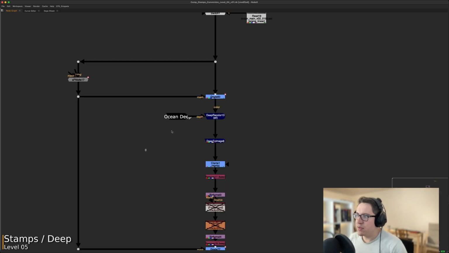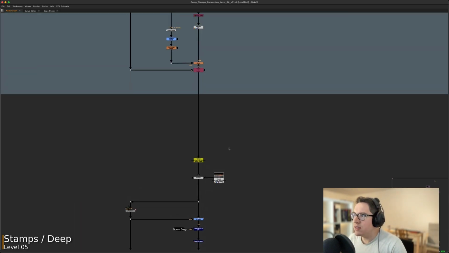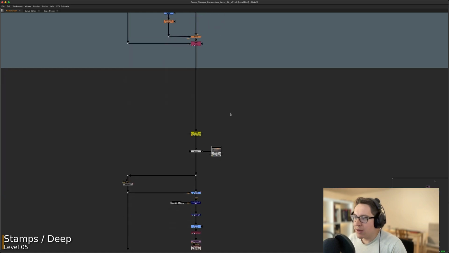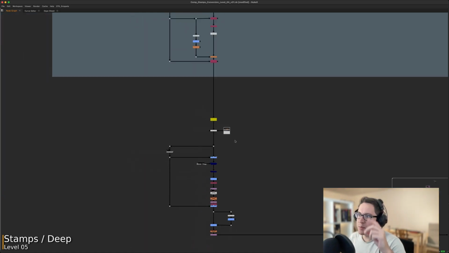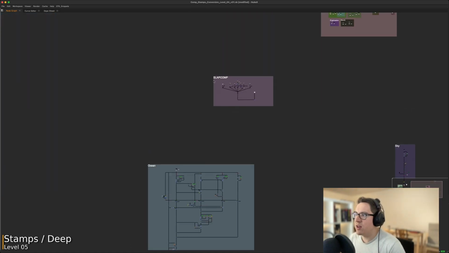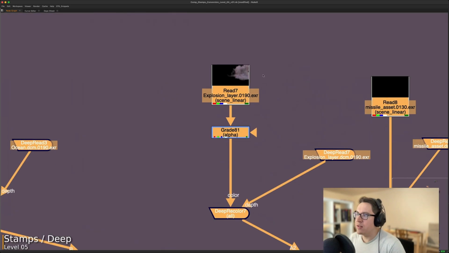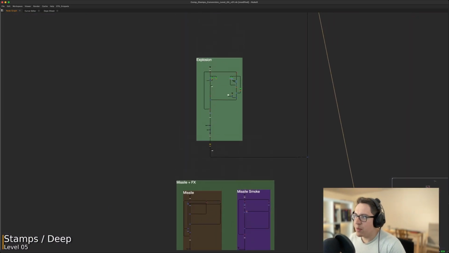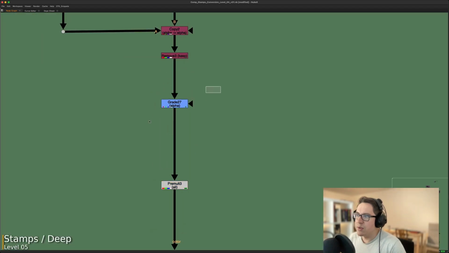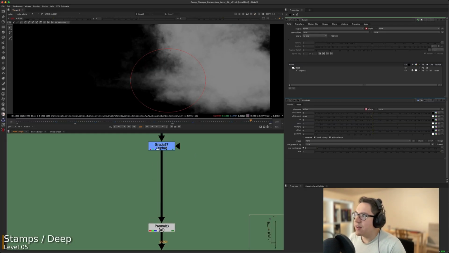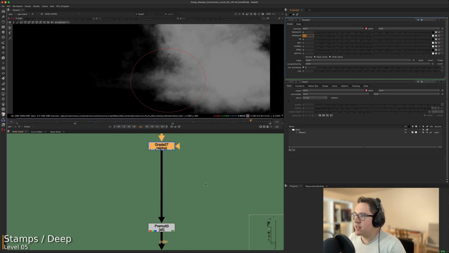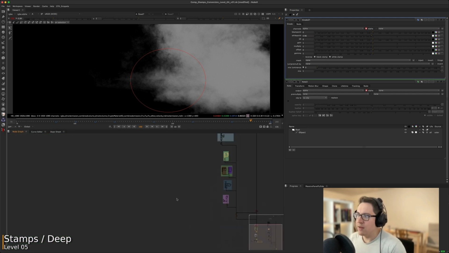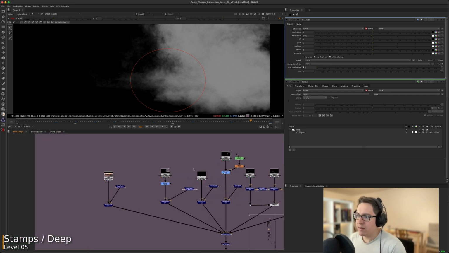There's some things that are being changed in the deeps, which we're going to have to migrate up to where the deeps are being combined at the very top here. For example, I noticed that this explosion layer, down where the explosion was happening here, has a grade node with an alpha change, and that alpha change is 0.96. So we're going to migrate that up here,